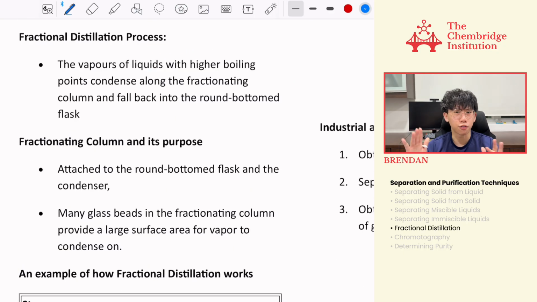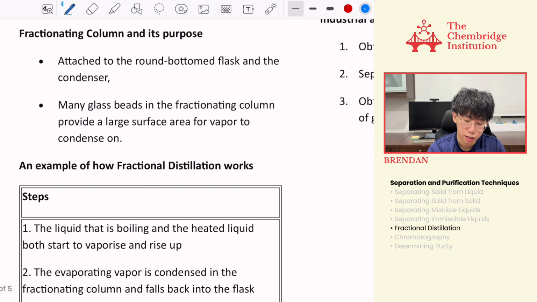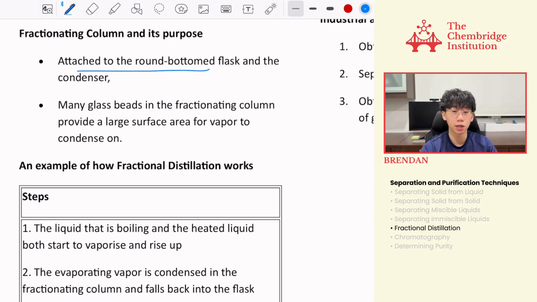The purpose of this fractionating column is that you attach it to the round bottom flask, in between the round bottom flask and the condenser, and it provides glass beads for a larger surface area for your vapor to condense on. So it's not very easy for your low temperature gases, which haven't really reached the boiling point, to reach the condenser, because when they condense on the surface, they just drip back down into the round bottom flask